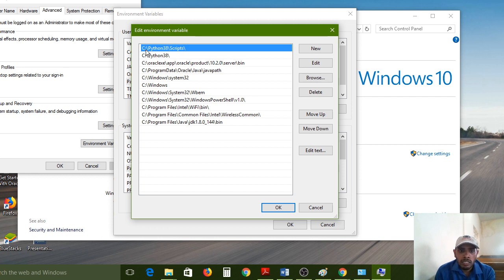The first option is C:\Python38\Scripts and also C:\Python38\. So this is the path. If we add this path, then the OS can easily identify the Python files.